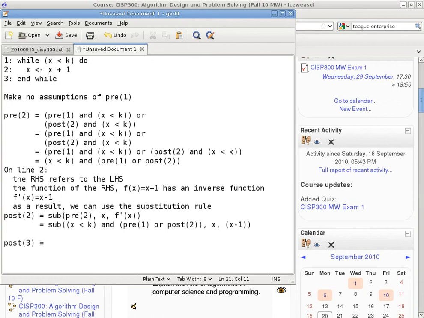What is post 3? There are two ways to get to post 3. One way is we come in from the top, we evaluate the condition, it turns out to be false, and we take the path immediately. So one way to get to post 3 is that pre-1 is still true. Unfortunately, x is less than k is not true, and that's why we are exiting the loop without even going in once